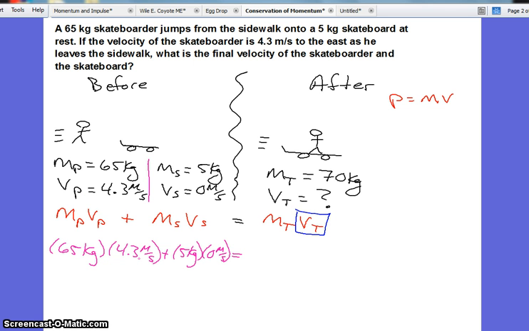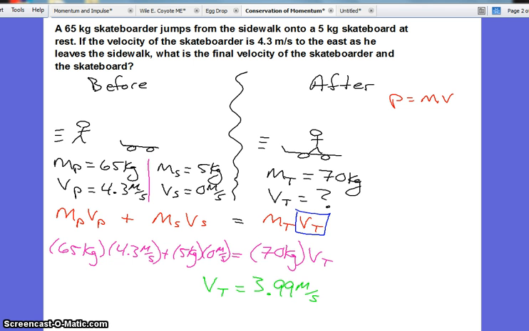65, 4.3, 5, 0. On this side here, we have the mass is 70. It just makes it easier to work with, and then therefore easier to solve the problem. The key to physics is organization, really. It's really just organization. So now we can solve, and we get that this velocity with which they move together is 3.99